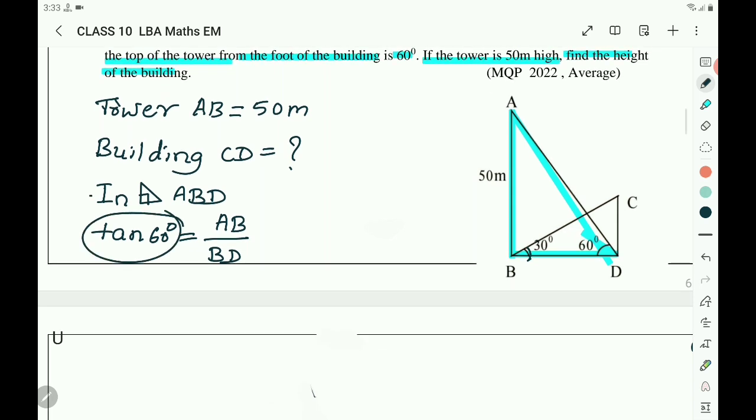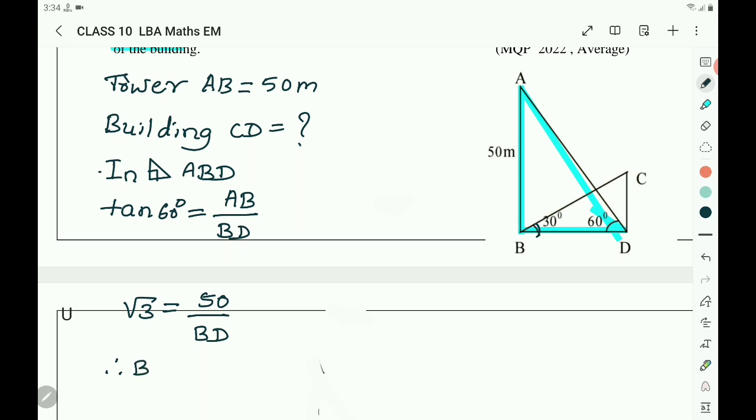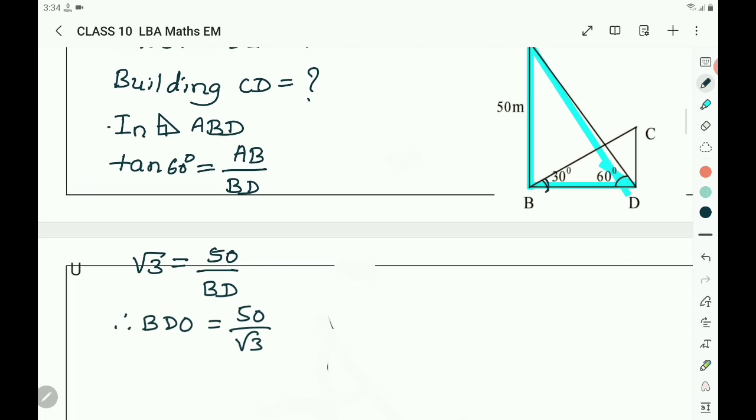So what is the value of tan 60 degrees? Tan 60 degrees is root 3. Root 3 equals AB, the opposite side. AB is how much? 50 meters, and BD is to be found out. Therefore BD equals 50 by root 3. Here the root 3 value is not given, so you write it as it is. Consider this as first. Then to get CD, take the triangle